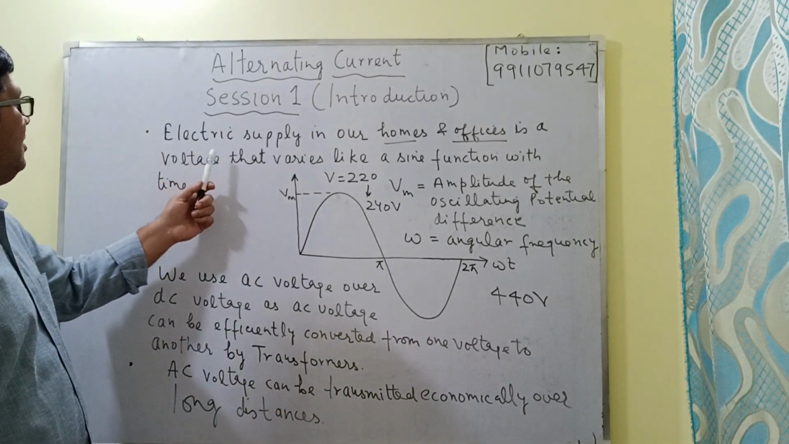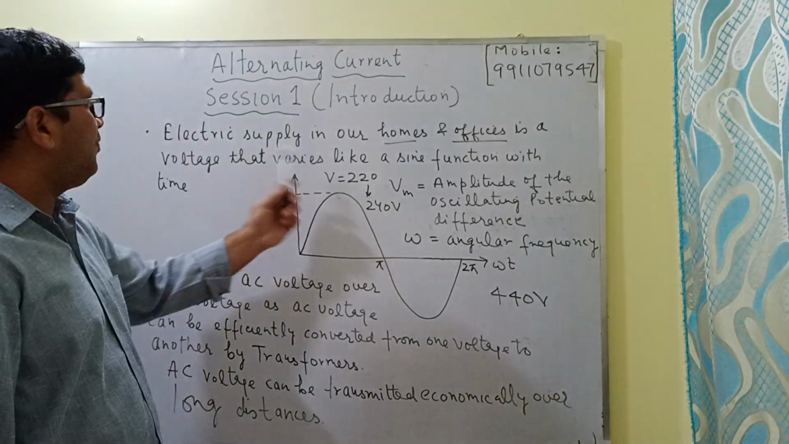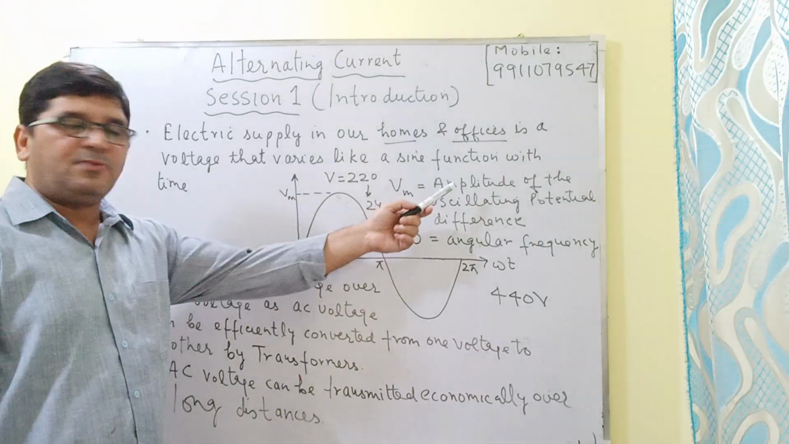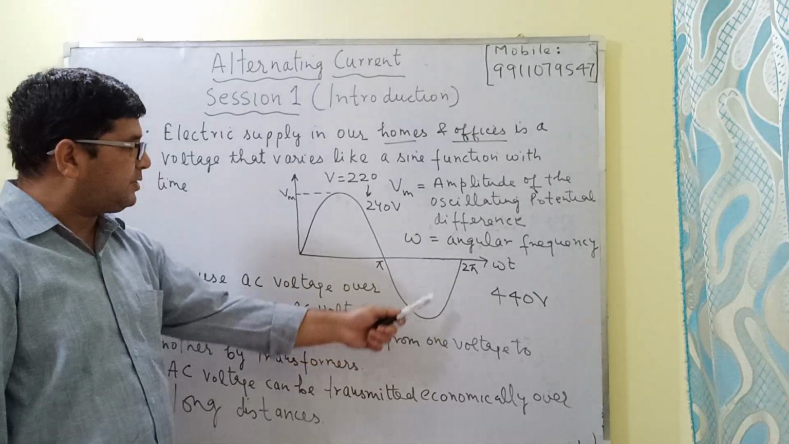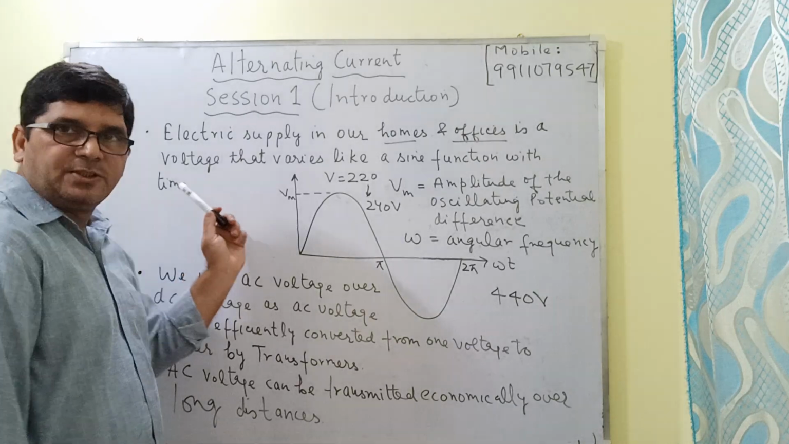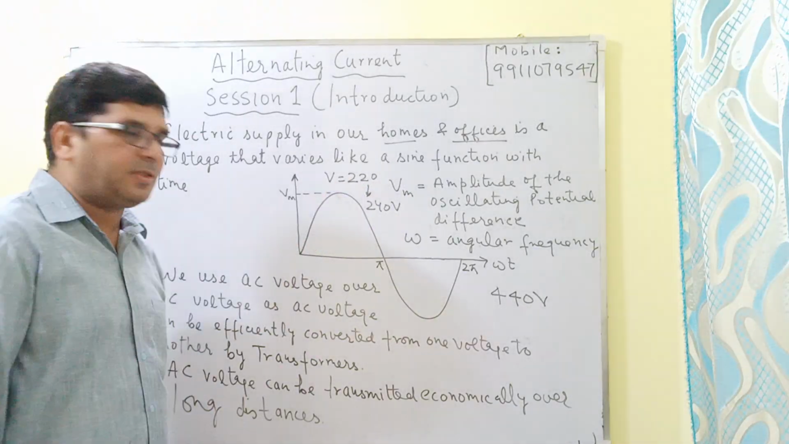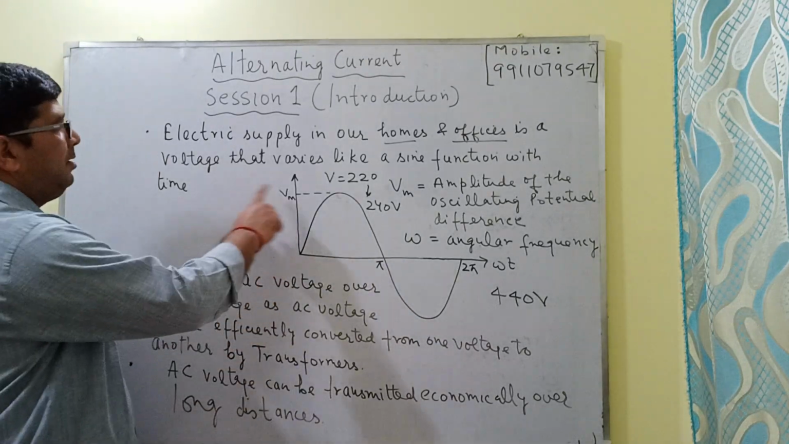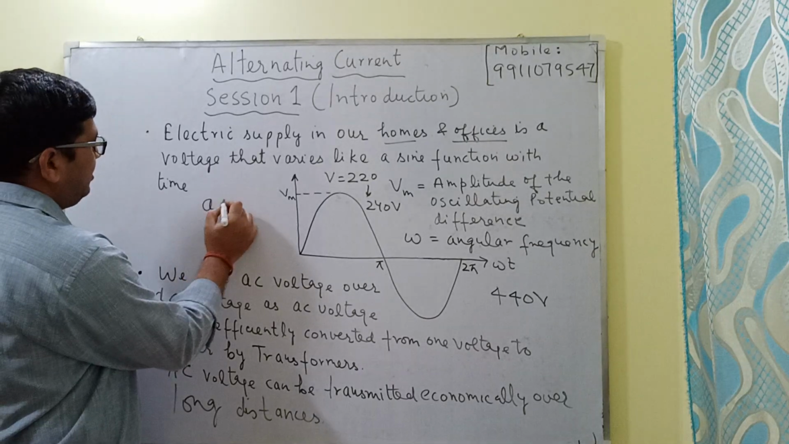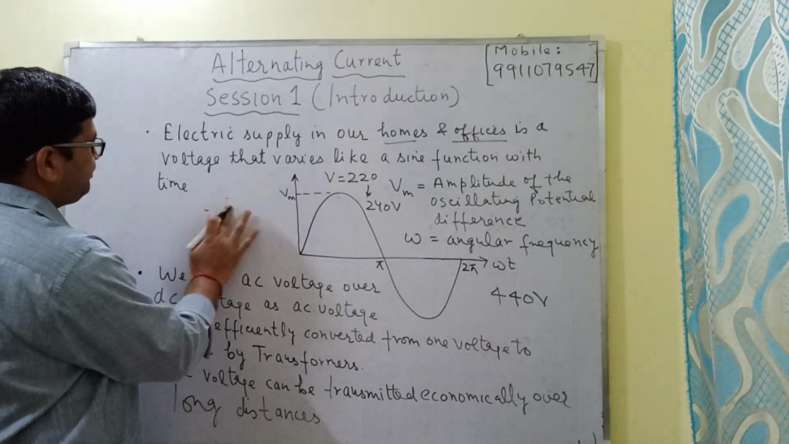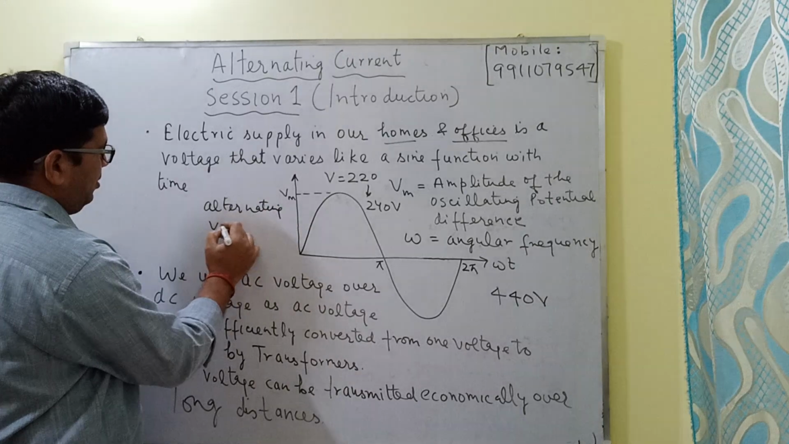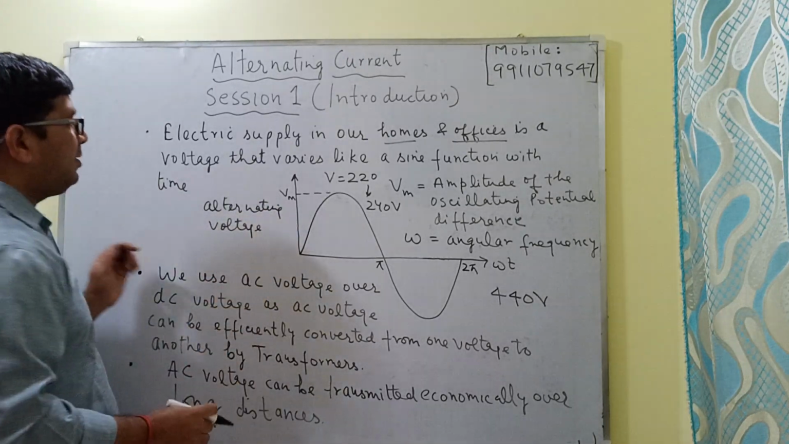The first point is that in our homes and offices we get an electric supply in which the voltage varies like a sine function with time. This is the sine function of the voltage which we are getting in our homes, offices, and commercial setups. This voltage is called the alternating voltage, or AC. So this alternating voltage